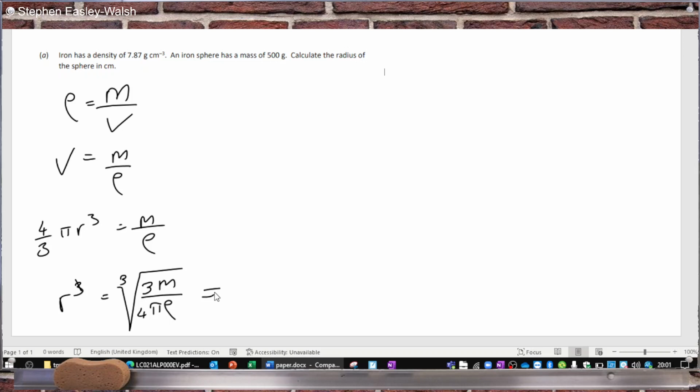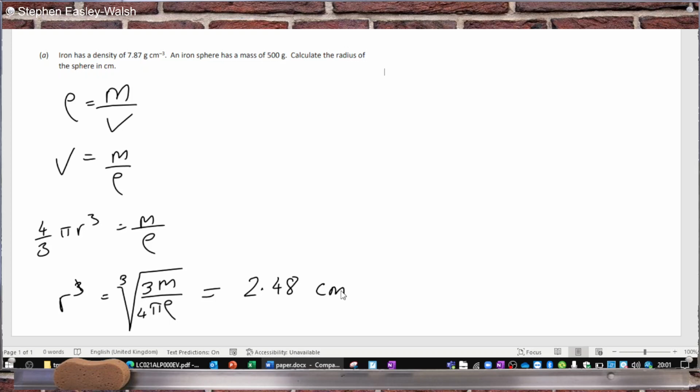How big should we expect a 500 gram iron sphere to be? I'm picturing that being quite small actually. Maybe like 1.5 centimeters. Let's see what the calculator says now. Okay, 2.5 about. 2.48